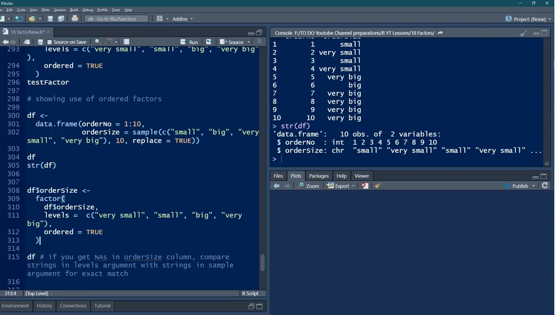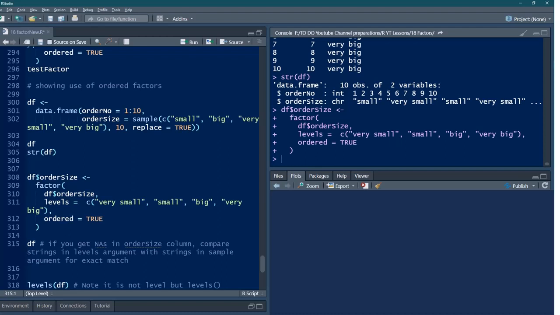So let me execute this command. When you type these commands, you have to be very careful in giving these strings. It should be exactly similar to what is available inside the data. That means inside this concatenation function, in what fashion you gave, whether small, uppercase, whether there is a space after small, all those things you will have to follow in giving levels here. Otherwise, you won't get the results properly.